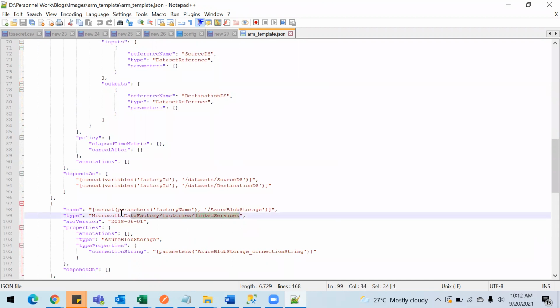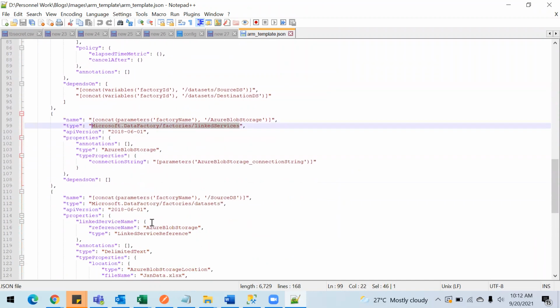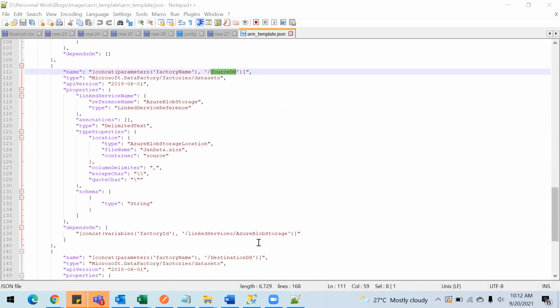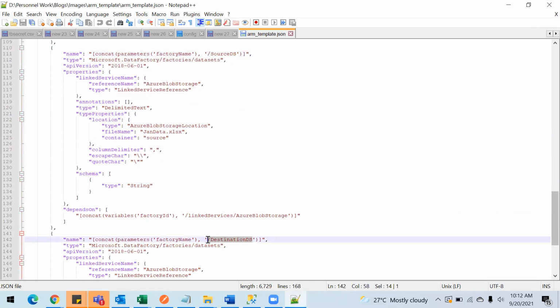This is the linked service, then the data sets. So we have a source DS and the destination DS. So if you're not clear on what I'm explaining, please refer to my other video where I have explained how to create the basic pipeline.